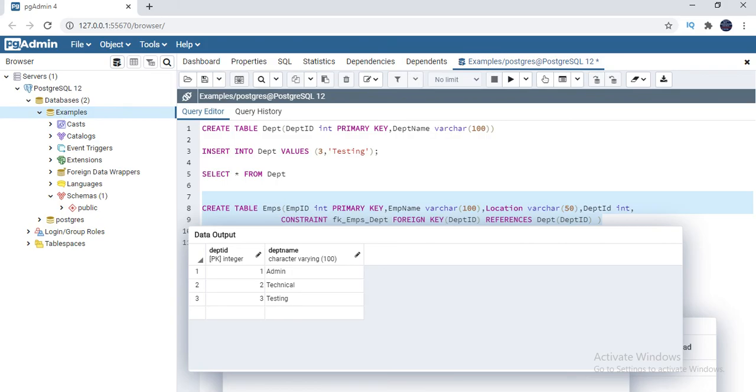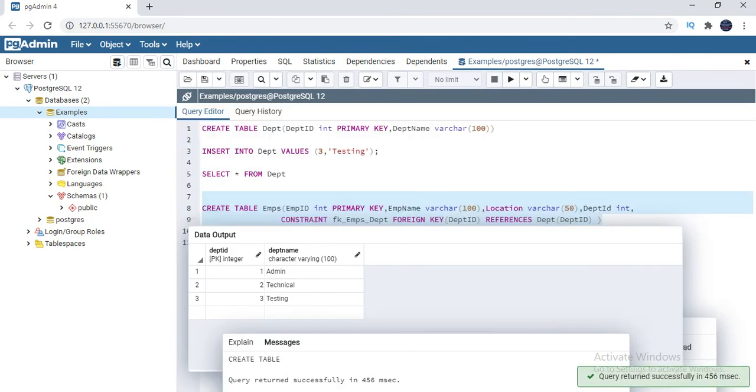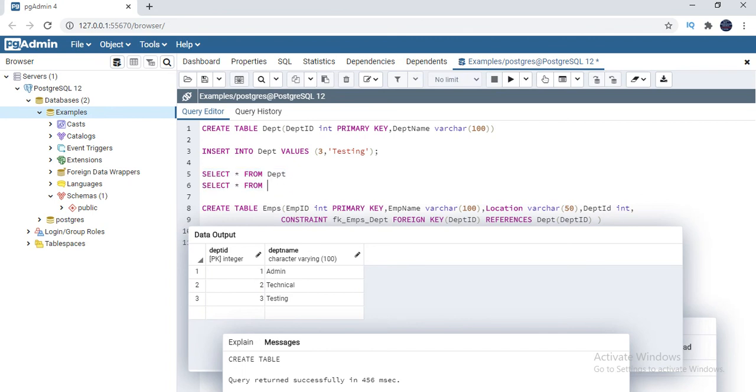While creating a table, you can specify it like this, or once the table has been created with 0 records, you can add a foreign key constraint. Even that can be done. Okay, once you're ready with the syntax, let's execute this. Yeah, it has been created now. If you see, simply the table has been created. Let me run here select star from EMPS, it's an empty table.